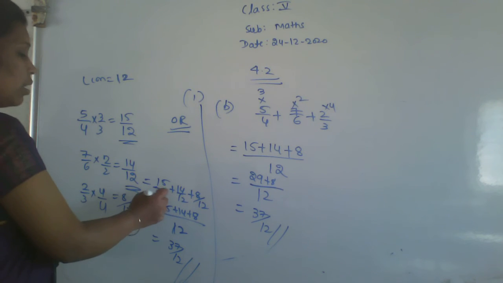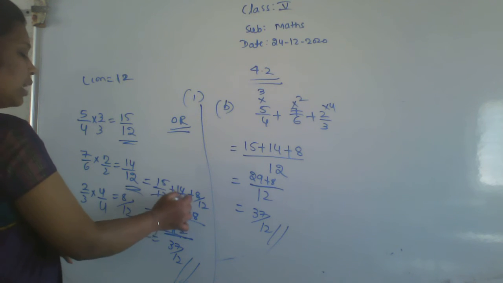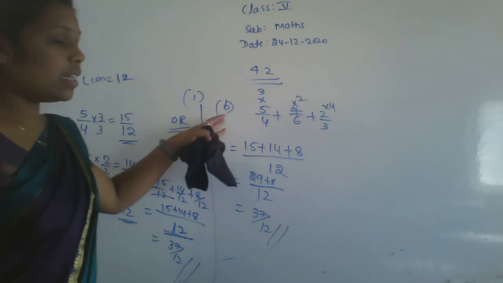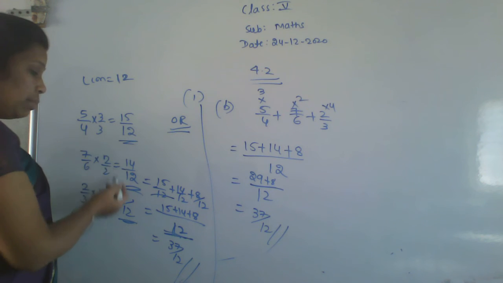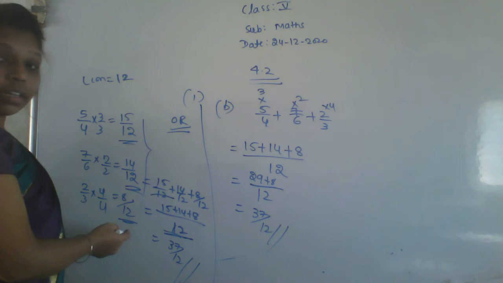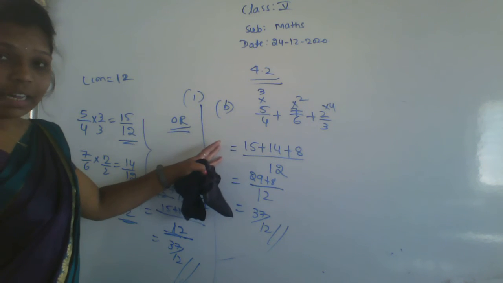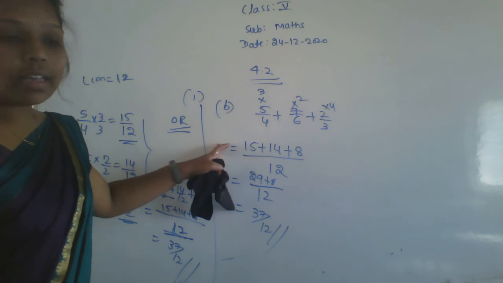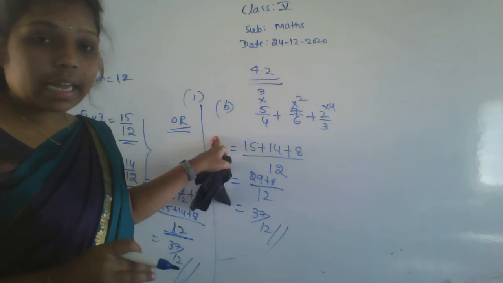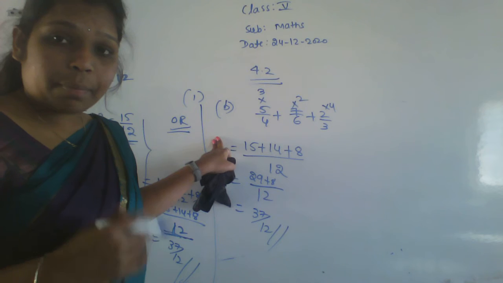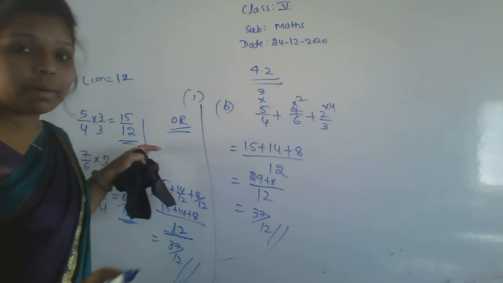So once the denominator is the same value, we can add easily. Take the denominator here and 15 plus 14 plus 8. This is the direct method. If you are not getting this directly, then do the separate multiplication and make all the numbers like this, then add. Both are correct, but prefer this one because it will save time. In the beginning you will get confused in this problem. After solving 3-2 problems and practicing more, it will be very easy. The other is also correct, but it's a waste of time.